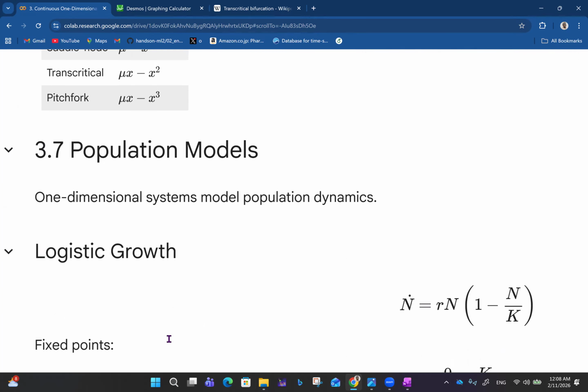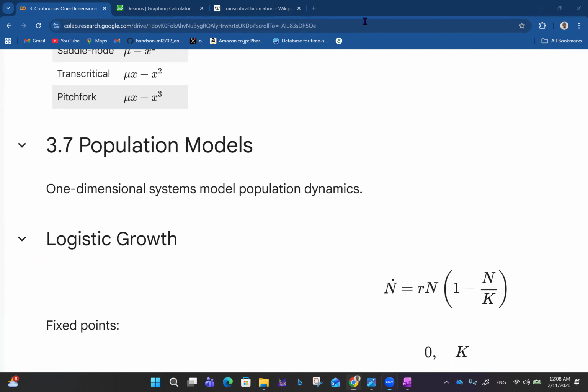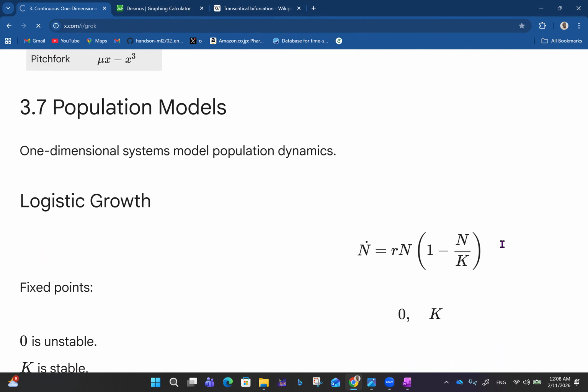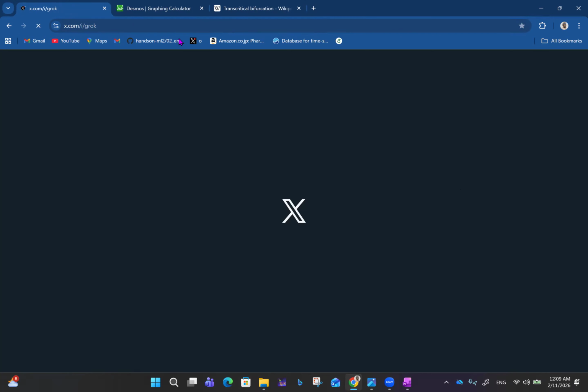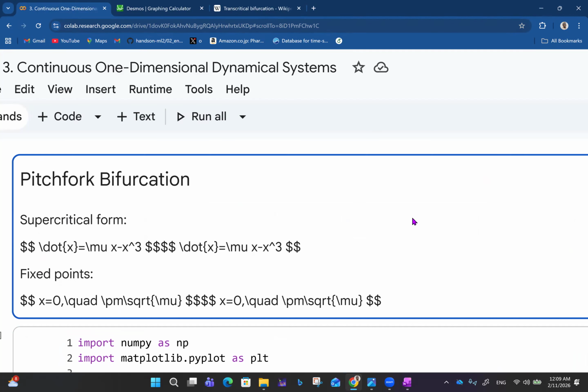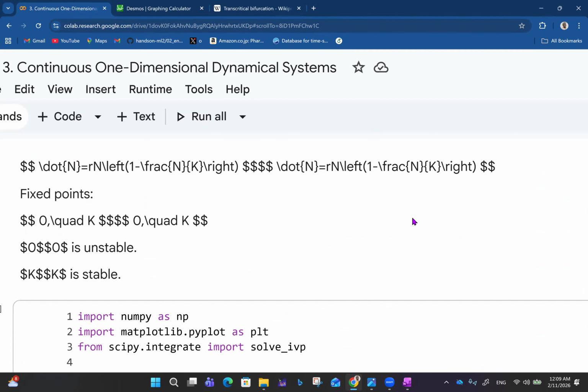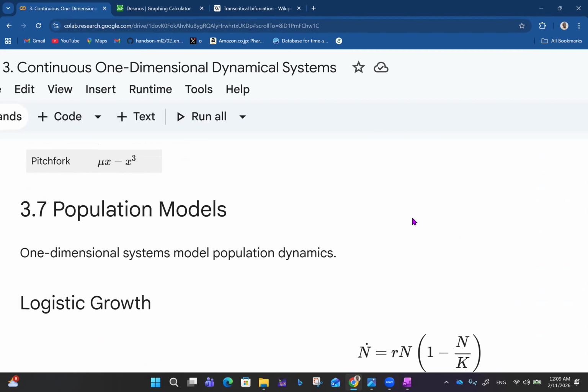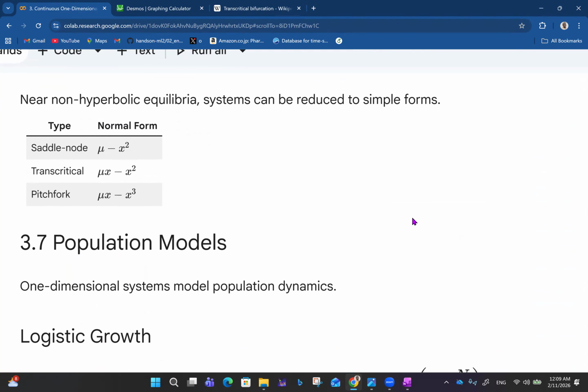Now this takes us to some applications of continuous one-dimensional linear systems. Oh, okay, what happened there? I have to take it back. I clicked, and oh yeah, good. So now we want to look at some applications of